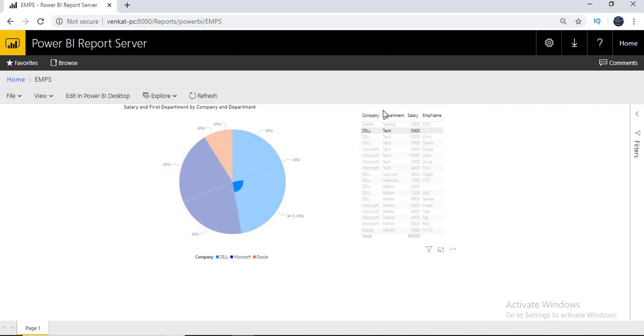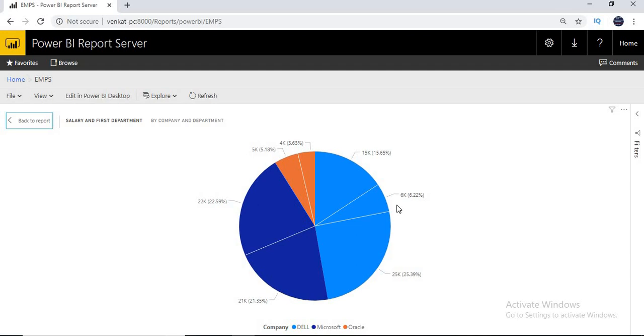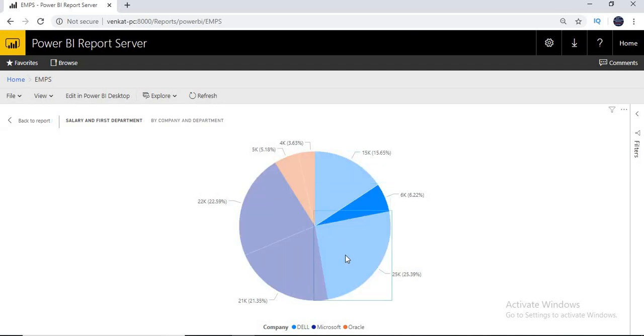Now if you want to apply for everything, you can just click somewhere, like a corner of it. If you want to maximize this report section, you have a focus mode here. Let's click on it, and you will get only this. You can highlight and see whatever you want. This is how you will see it.